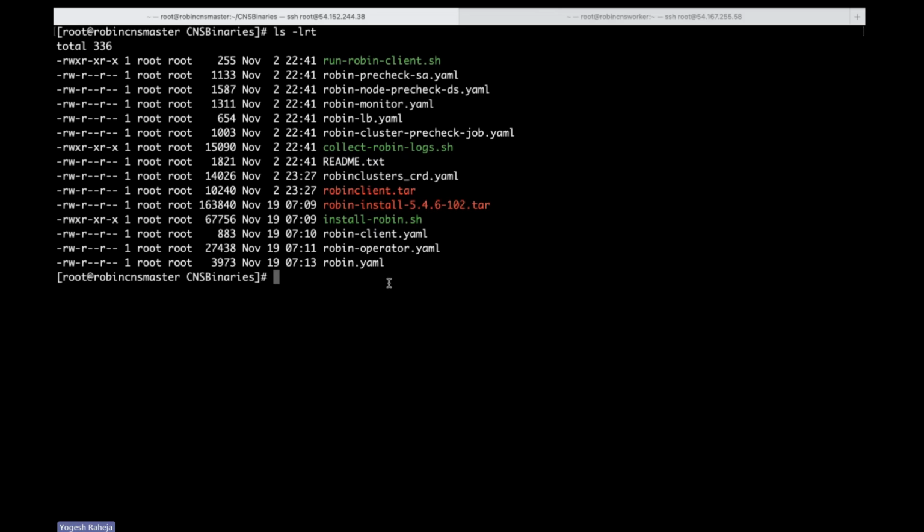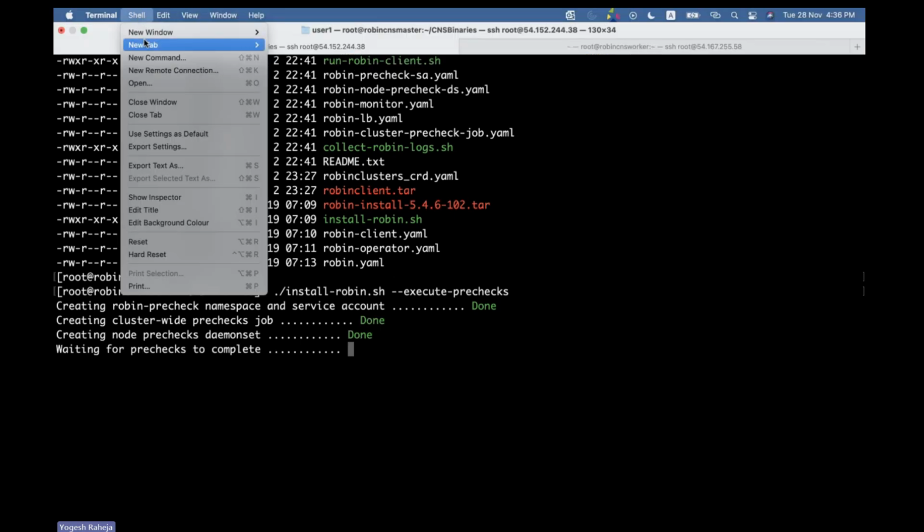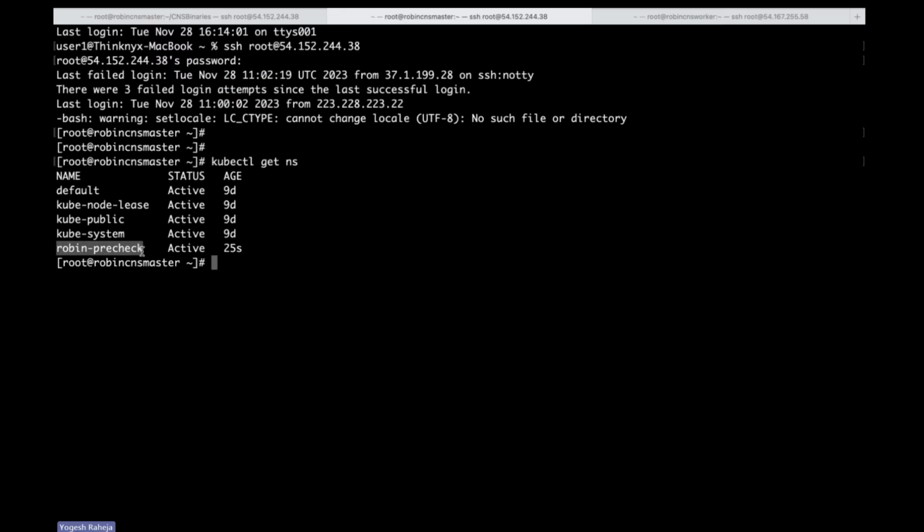We will be using the Robin installer utility, which is install-robin.sh. This is going to help us do pre-checks for our installation. In order to do the pre-checks, let's execute ./install-robin.sh --execute-prechecks. Let us open another session and observe that the installer will create a namespace named robin-precheck and create a few